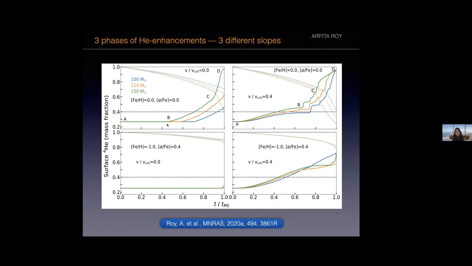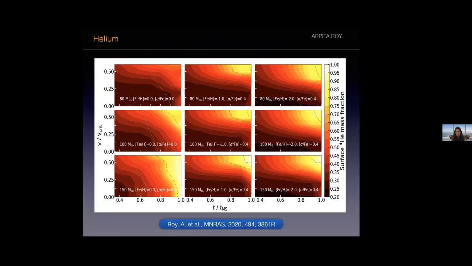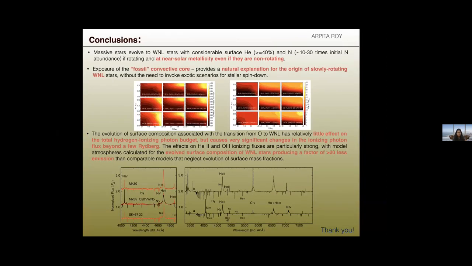One is due to the rotational mixing, and this BC part is due mostly to the exposure of fossil convective zones, and the CD part is mostly the classical Wolf-Rayet phase. And with rotation, you see in this BC part, we have rotation as well as the exposure of the fossil convective cores. So I'll probably leave it at that, and the conclusion would be that yes, there is this mechanism